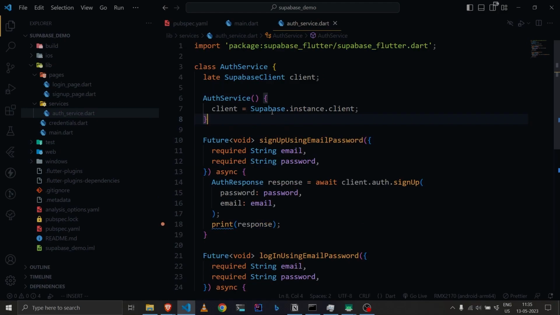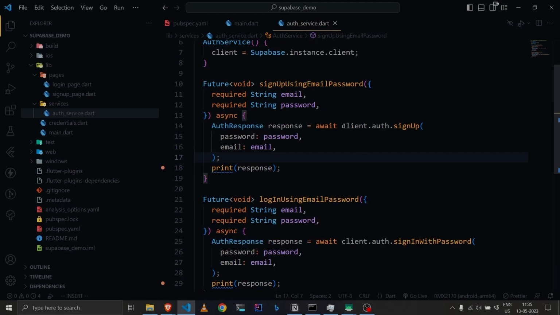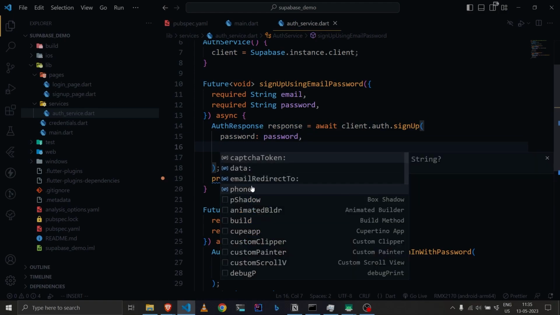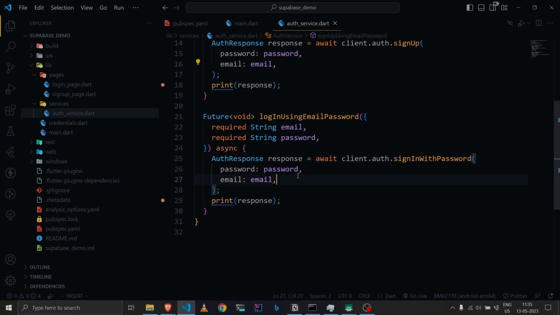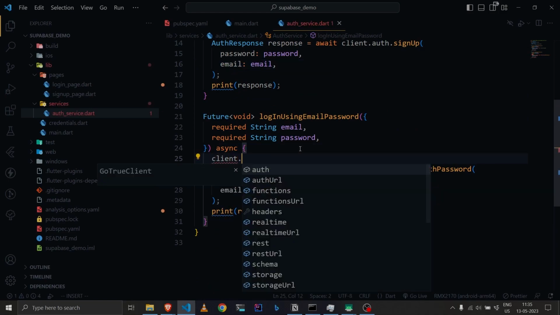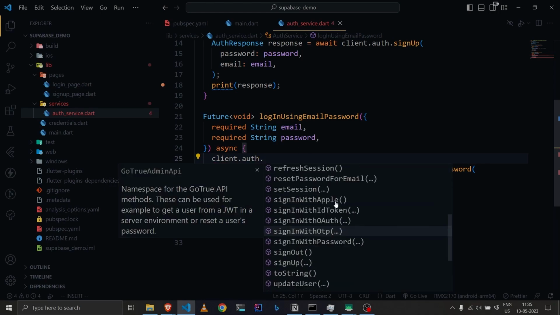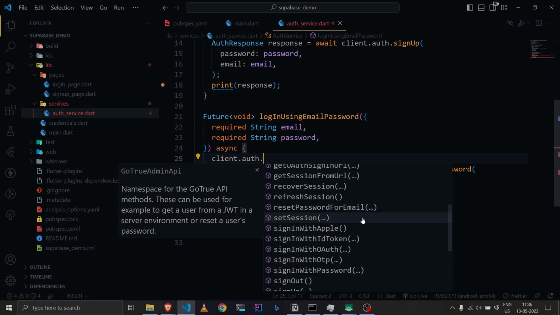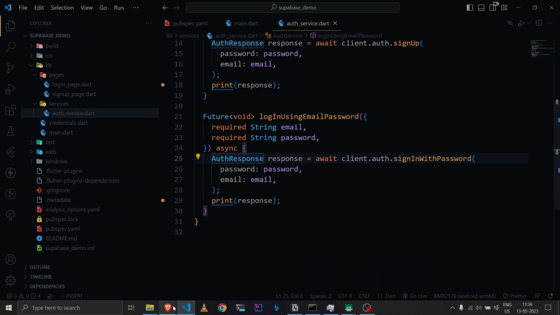So in this module, or in this service class, we are basically using the authentication one, right? So we can use client.auth.signUp, and basically this is sign up using email and password. We can also mention a phone here, right? So if you want phone and password, that is also possible. Other than that, we have other providers as well, so we can basically use client.auth and then we have different options here, right? We have Apple, and we can use other providers as well, and that is also mentioned in the documentation,